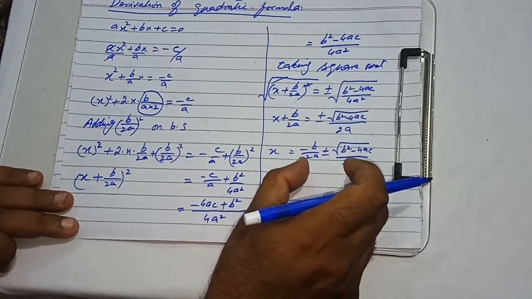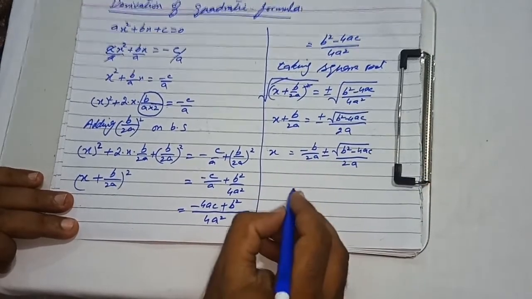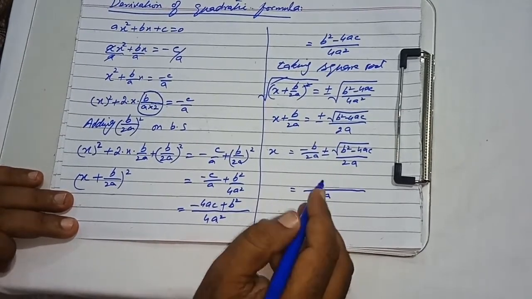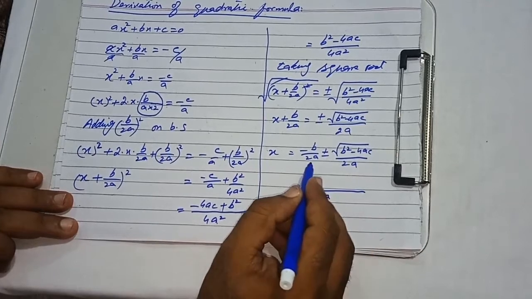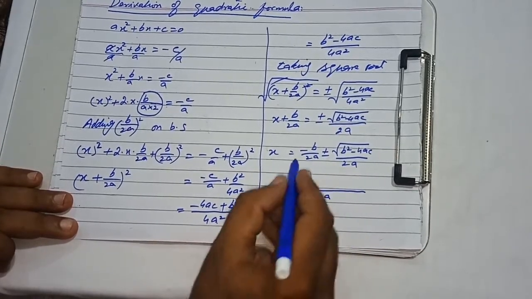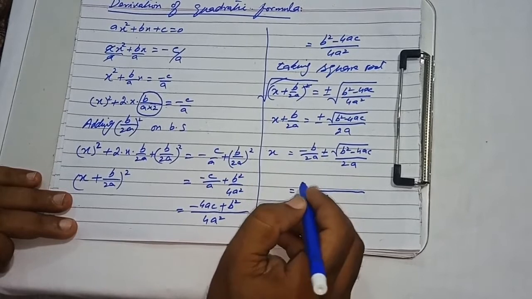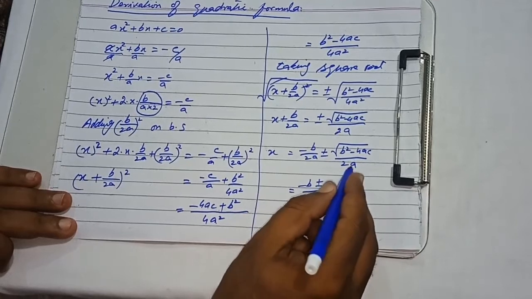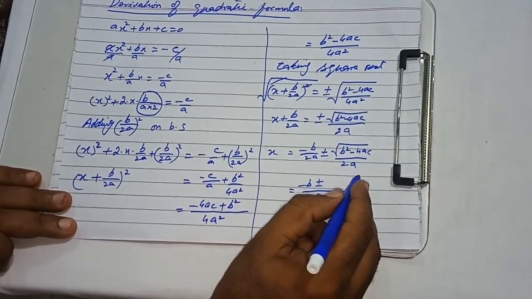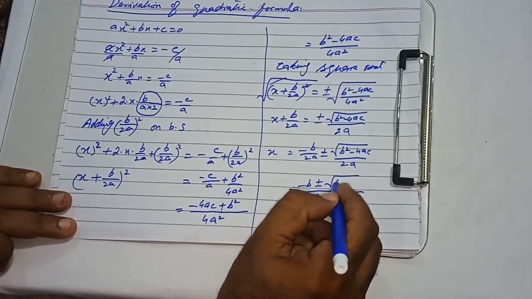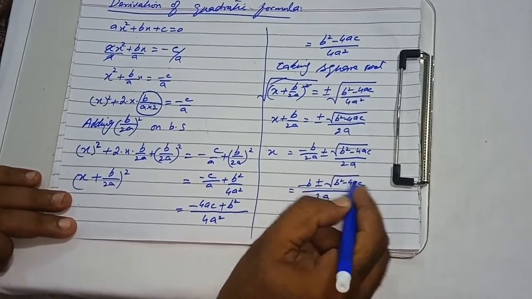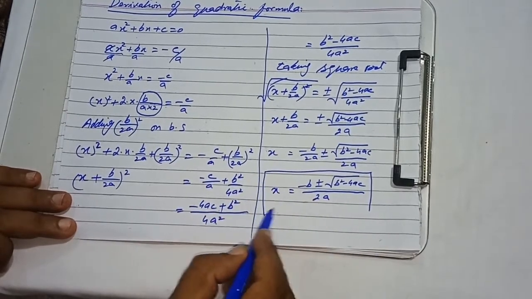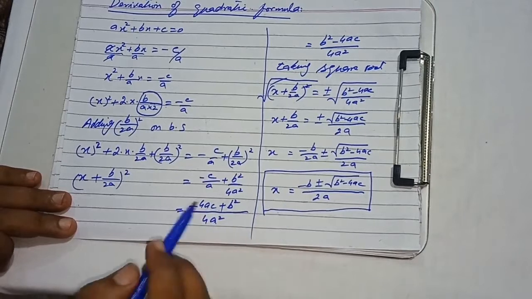Students, look at the right side. There are two terms and both the terms have the same denominator. So I will take LCM 2a. When LCM is divided by the denominator, both are the same and cancelled, and left over will be 1. And when 1 is multiplied by minus b, it will become minus b, and then I will put plus minus sign again. 2a will be cancelled with 2a, and we will get under root b square minus 4ac, and it is the quadratic formula.